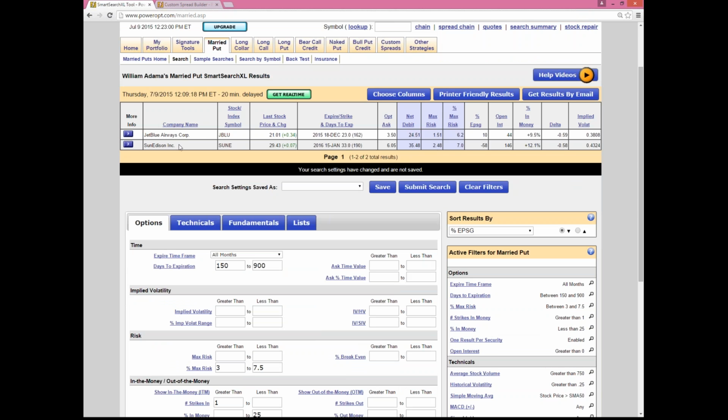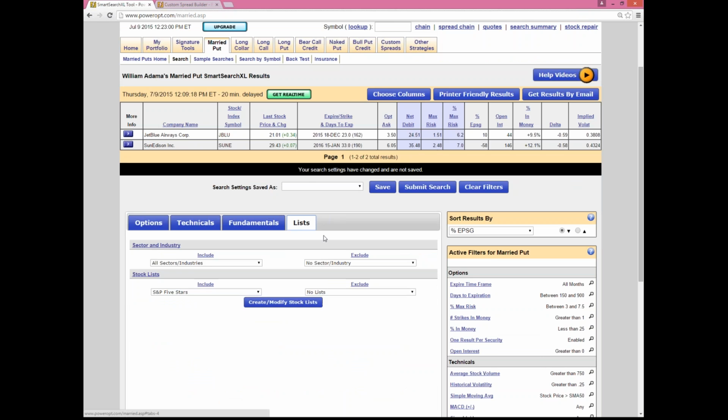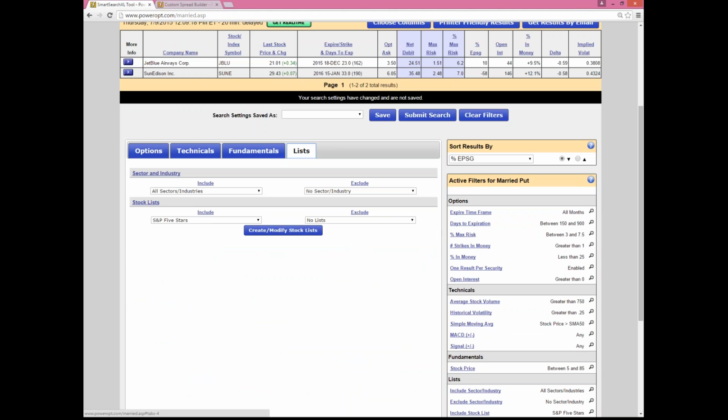SunEdison, which we're going to look at later in the portfolio, and JetBlue Airways came up. So these are the only 2 stocks right now, lower priced, but they're in the S&P 5-star list that match our requirements for put range, maximum risk, open interest, and so forth. But as Paul mentioned, I can create a stock list at any time. So if I click on Create and Modify Stock Lists,